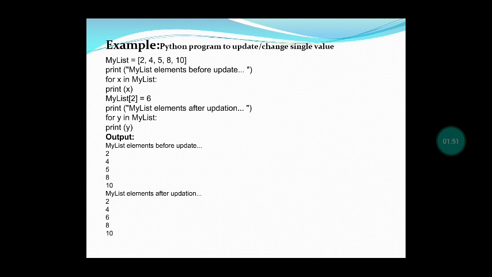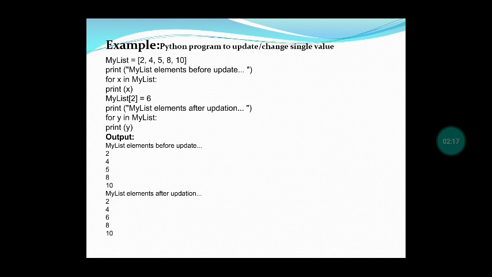After that, next we are updating the value 6 in that element instead of 5. 5 is in which position? Index position, you know, isn't it? Positive index and negative index we have already discussed. Positive index means 0, 1, 2, 3. So in 0 position 2 is there, first position 4, second position 5. Now we have given my list of 2 equal 6. So second position we are going to change into 6.